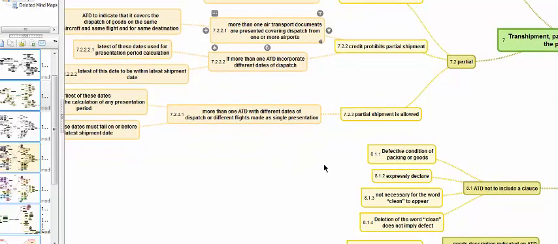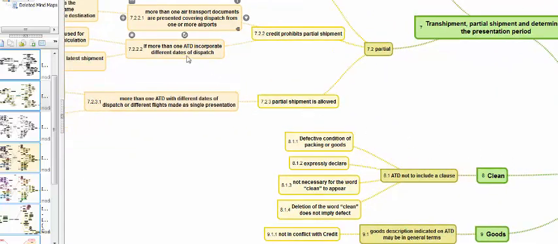In air transport documents, when credit prohibits partial shipment, multiple dates in the air transport document are possible, and still it will not be partial shipment, because maybe the flight will start at one airport at 11 o'clock in the night. When it reaches the next airport, it will be 12 o'clock or 1 o'clock, it will become the next day.